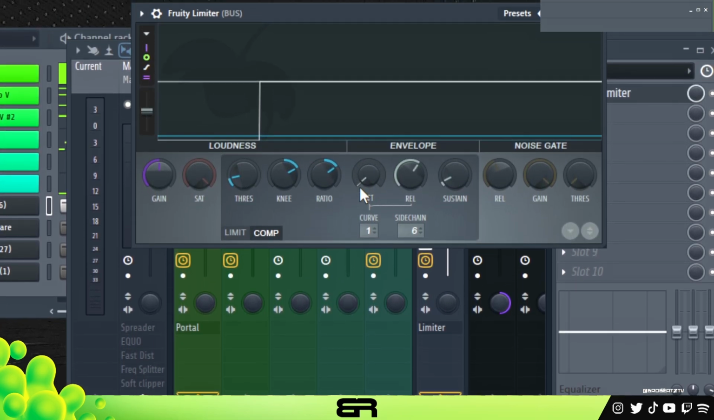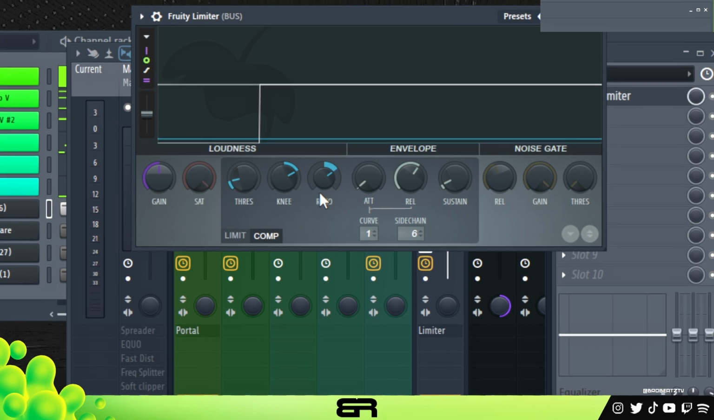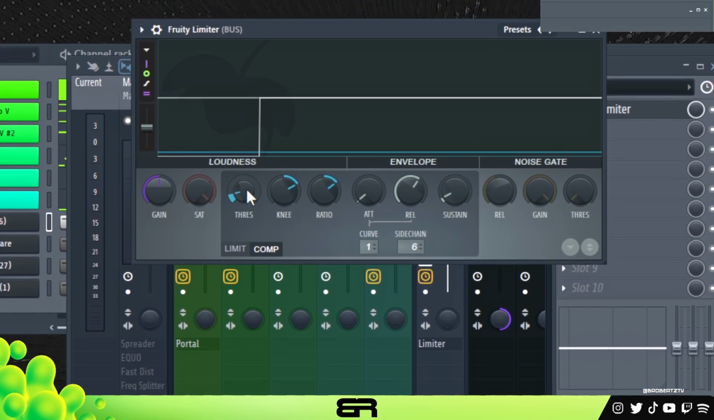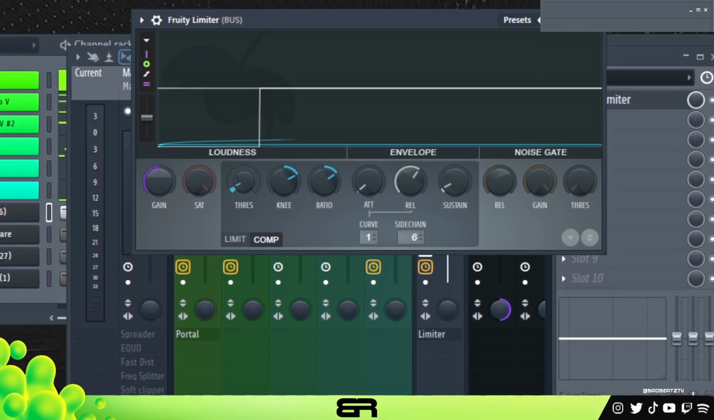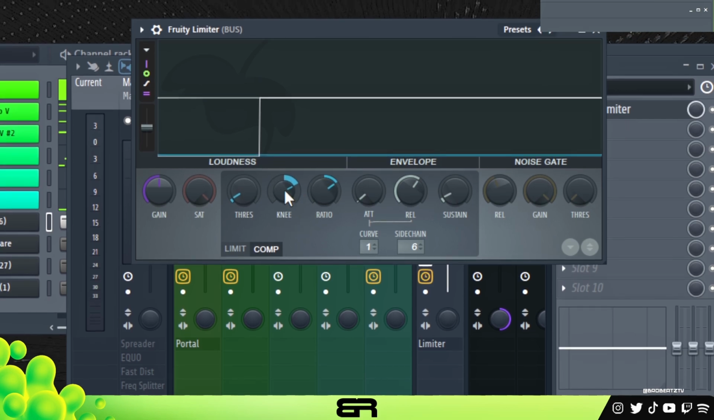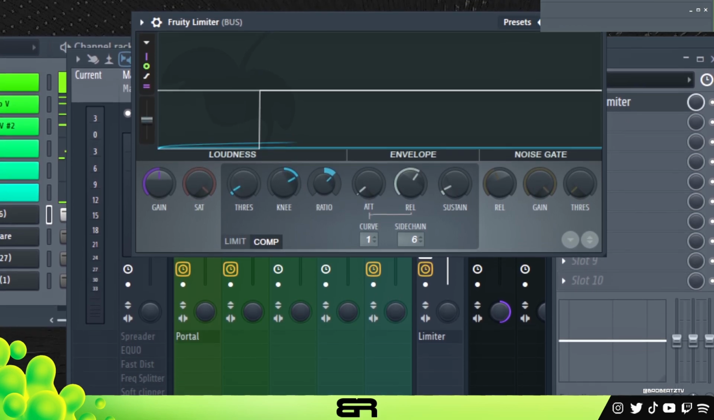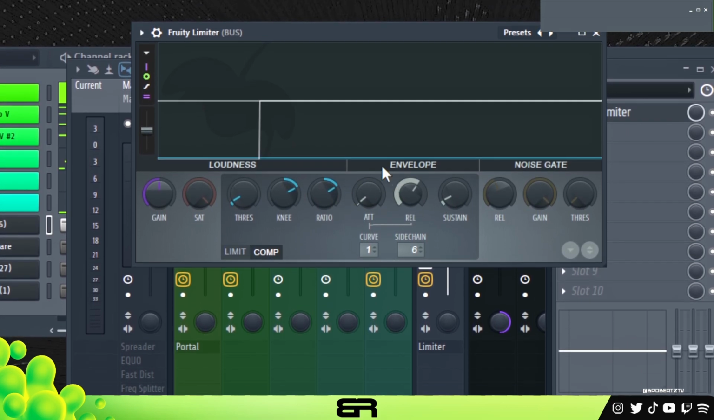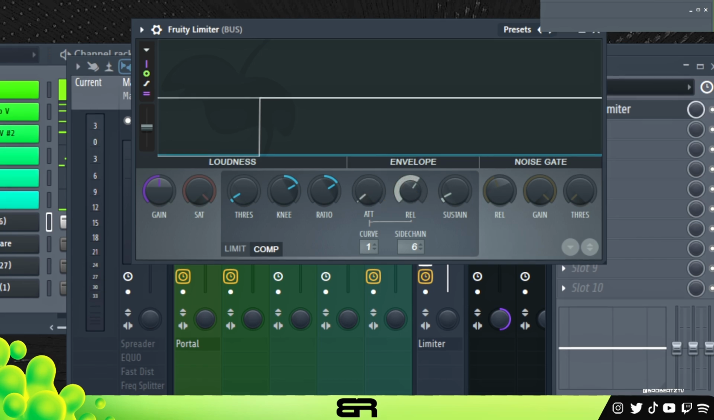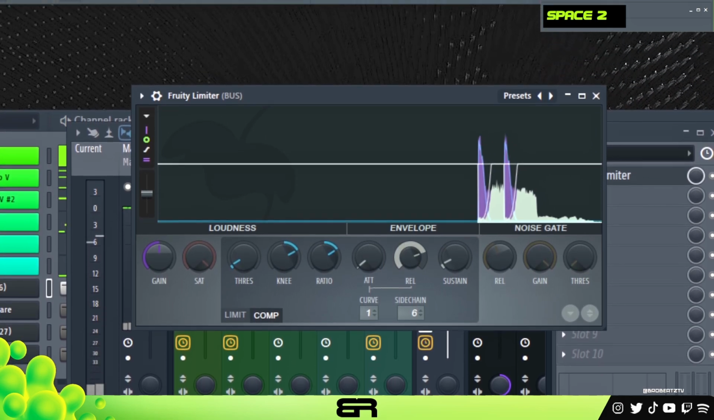And then from there you could copy these settings, but pretty much to activate it, you want to turn this threshold down, as you can see, and then you can mess with the knee, but the ratio is the one that you want to have. And then you want to mess with this envelope. So the release is going to give you that pump. So I'll show you what I mean. So if we pull this all the way up,